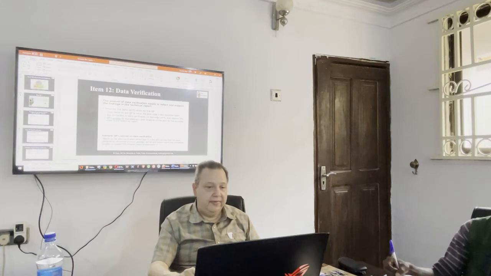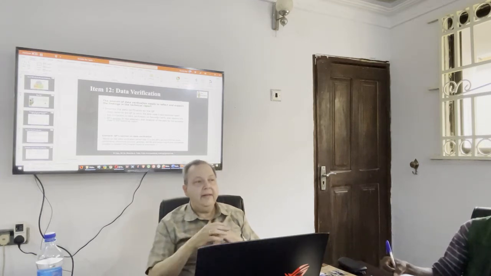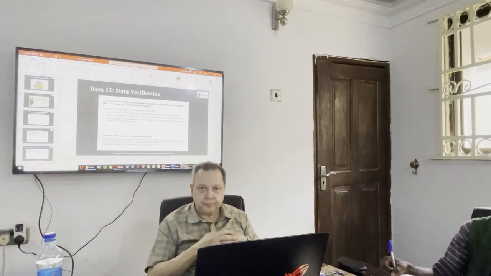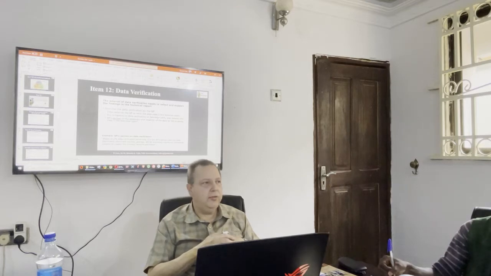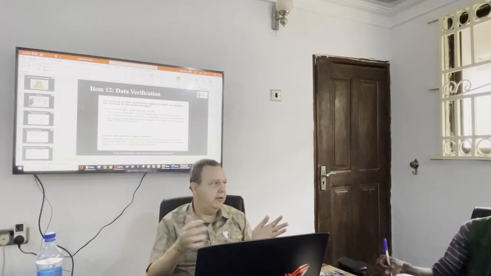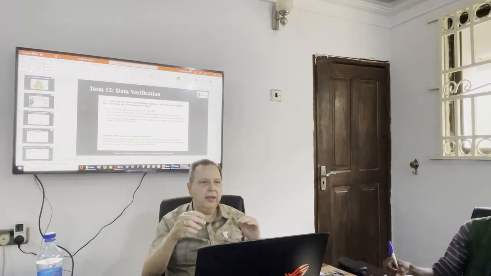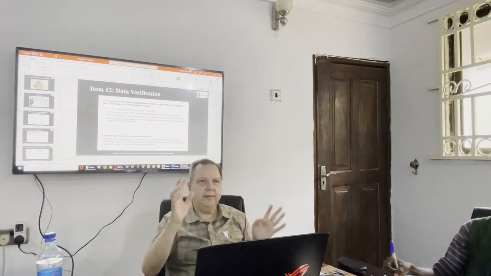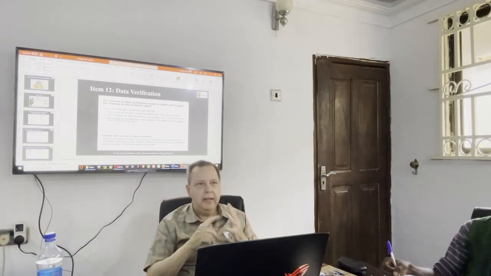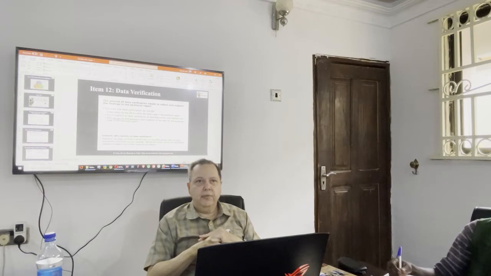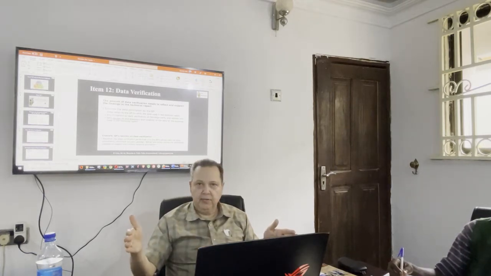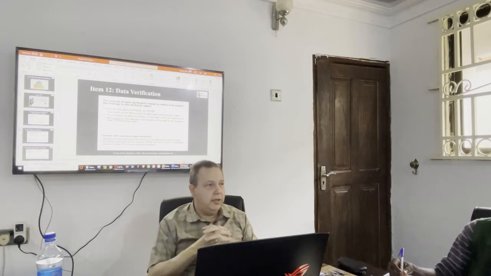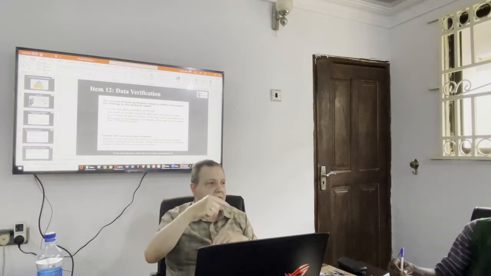So as I say, data verification is the most important part. And data verification is not only come and see what the QCs are that you have, or whether you use duplicates and standards. No, not only that. For example, you go to the field, to the drill site, and you check the coordinates. You check even the inclination, and